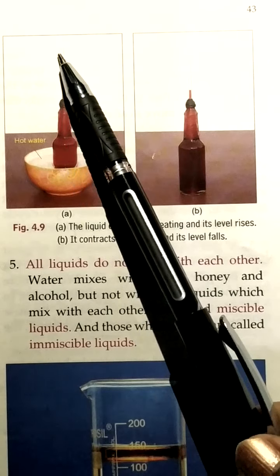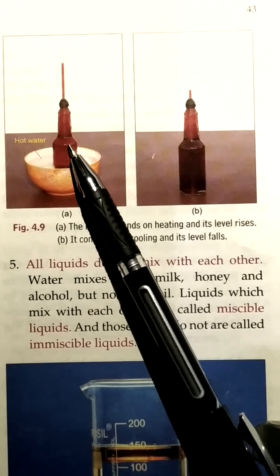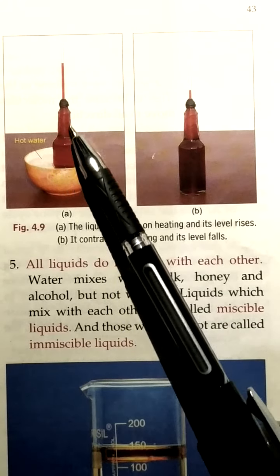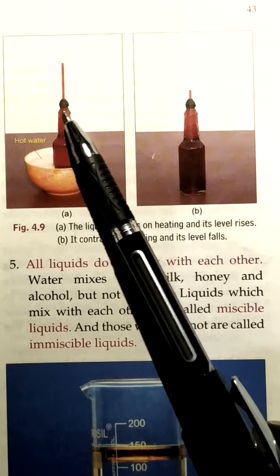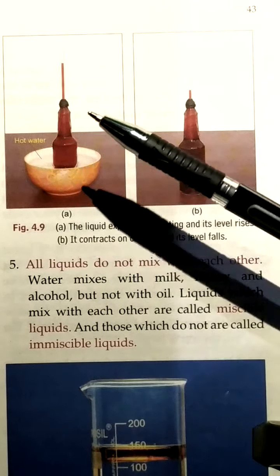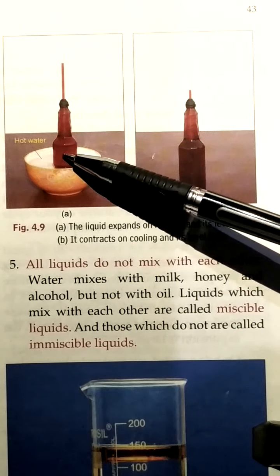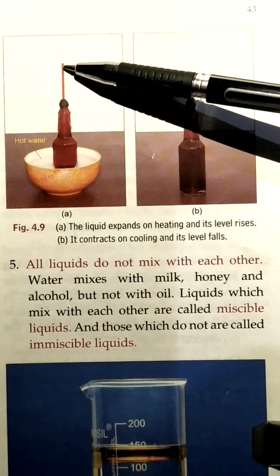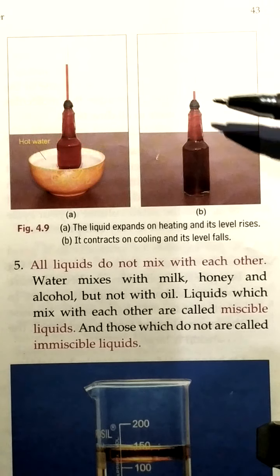Now you insert that refill, or you can take the straw also, inside this plastic bottle, or you can take a glass bottle also. Then you have to fill the liquid, colored liquid, so that it is visible to you, and then you apply M-seal here so that there is no contact of air inside. Then next you take hot water in a bowl and place the bottle in it. Now you see that the liquid flows up in the straw or the refill and stays there. So why is it still here, and here the level is down?